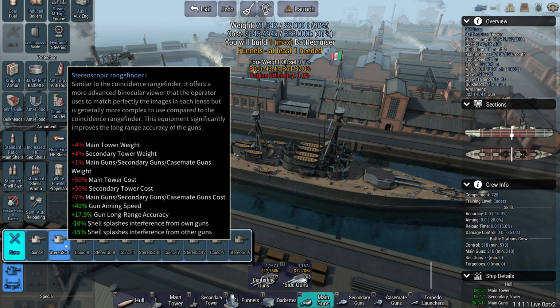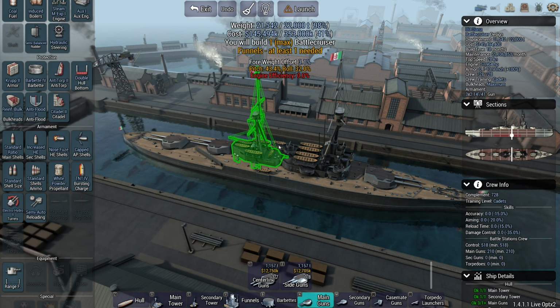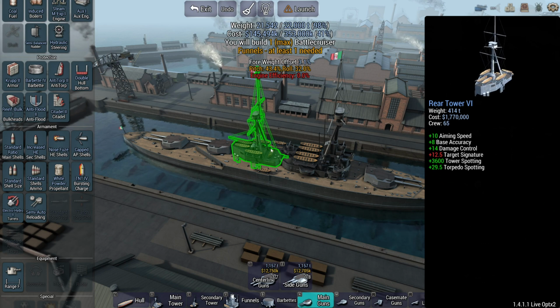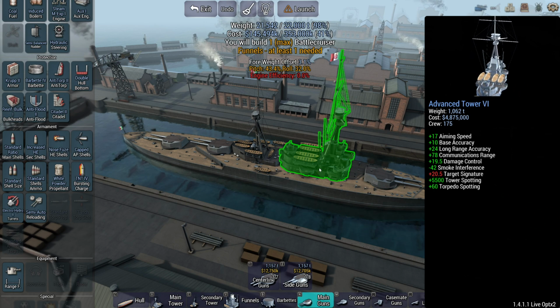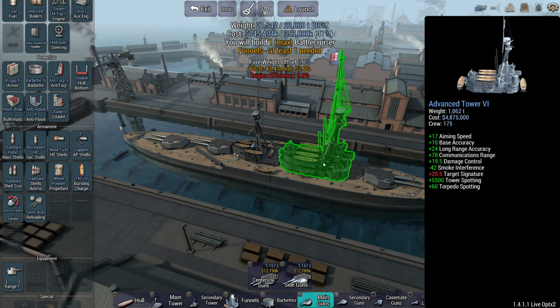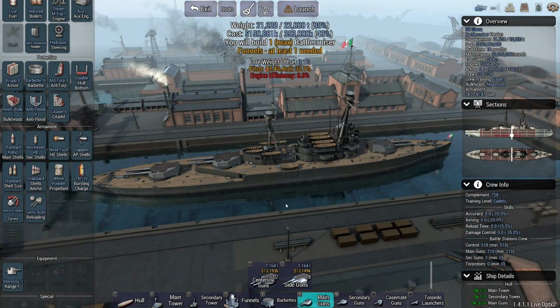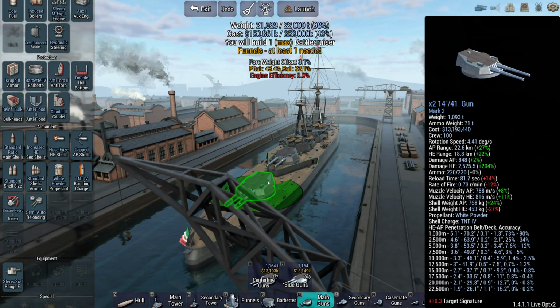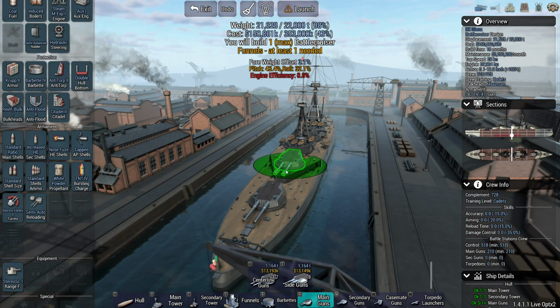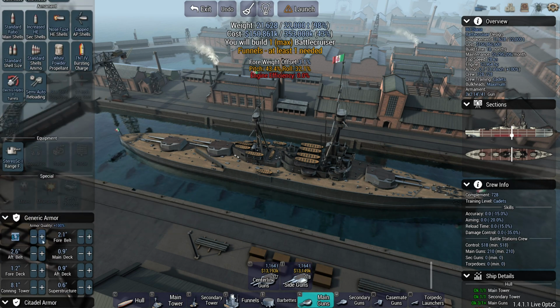Part of me wants to stay at long range. What are our bonuses from the towers? Base accuracy, long range accuracy for advanced tower 6. Actually gives a lot of long range accuracy. I think we'll use stereoscopic, simply for the fact that I don't want to get super close. This ship is definitely going to have more of a firepower advantage going away from the enemy rather than towards, so I think we are going to attempt to stay at a distance,